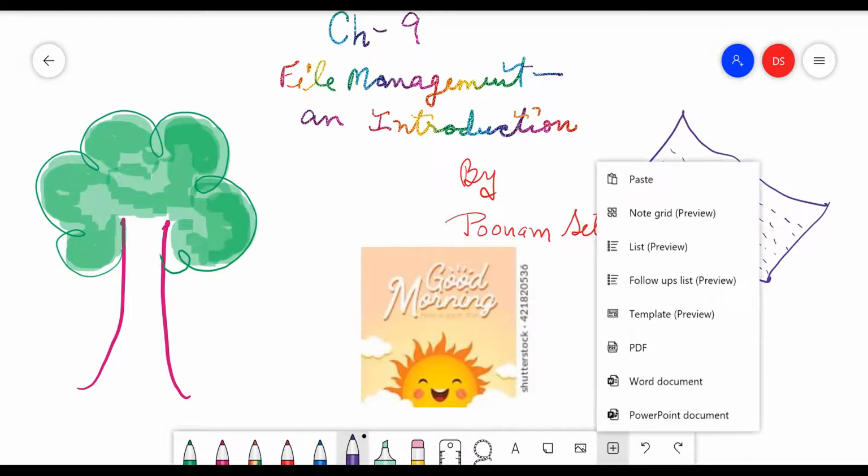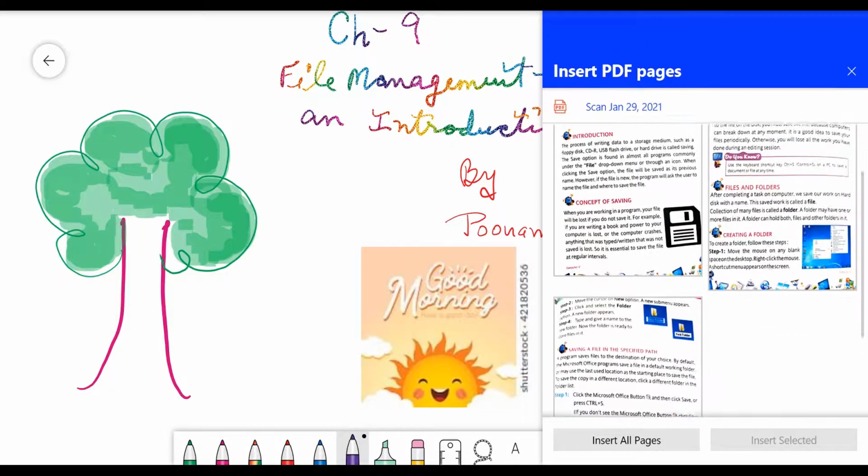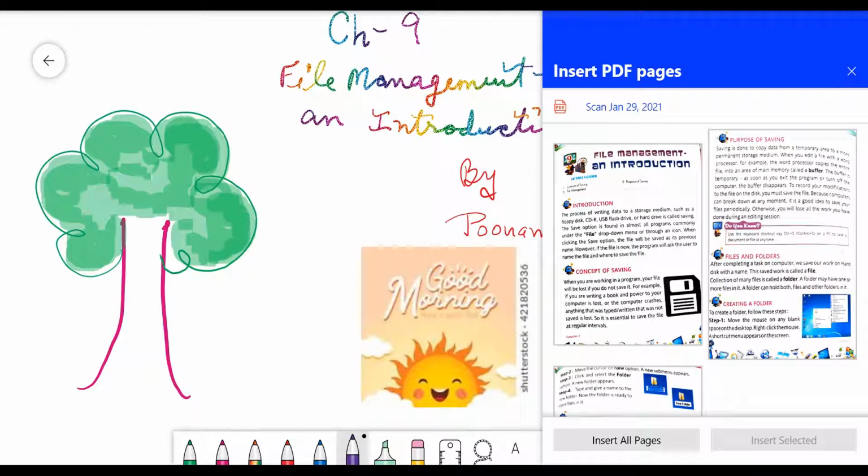As I explained in simple words, when we do work on pages, we arrange the pages and keep all the pages together. One page is called a file and we keep all the pages in a folder. So we can say that a collection of files is called a folder. In the same way, as we manually buy a folder from the market and keep our pages, meaning files, in the folder, in a computer we create a folder.